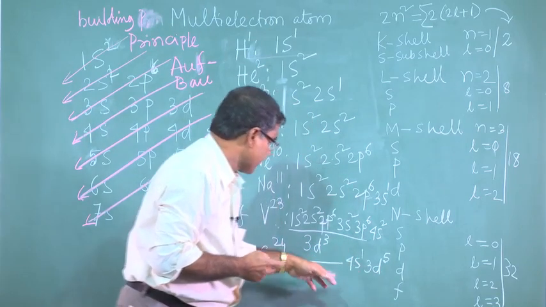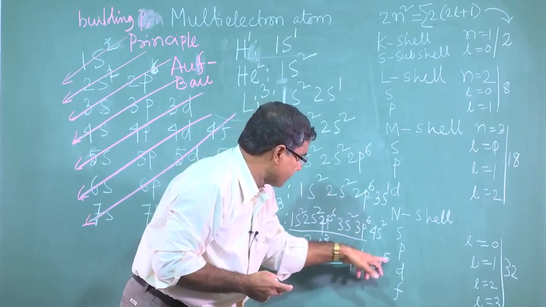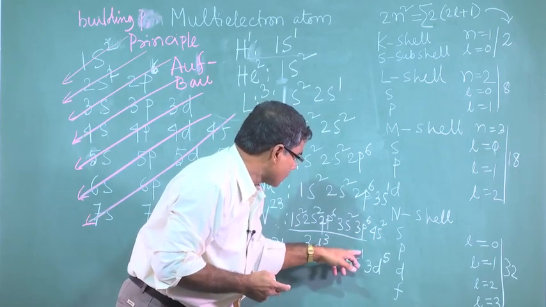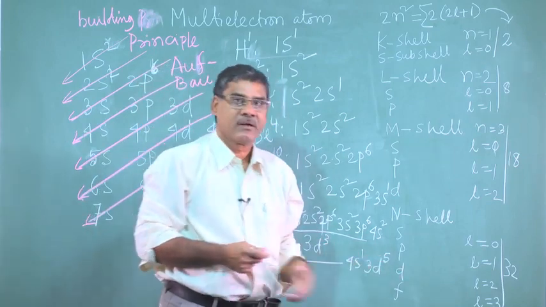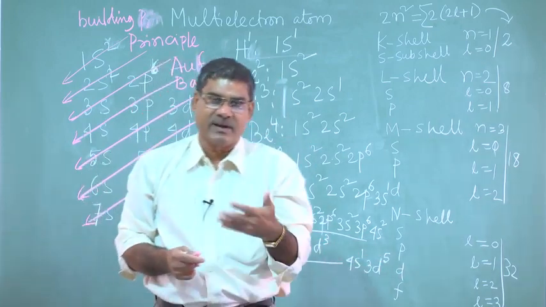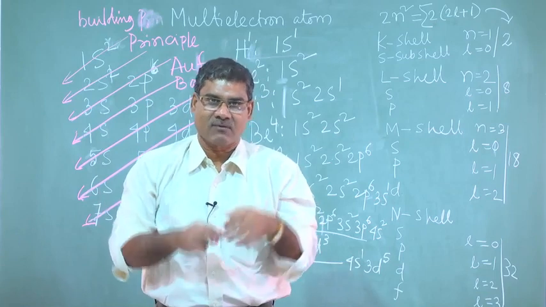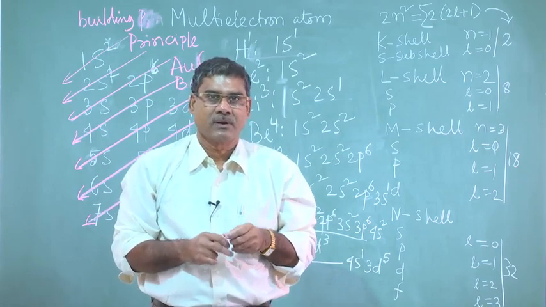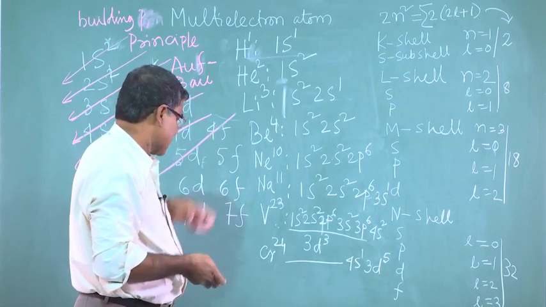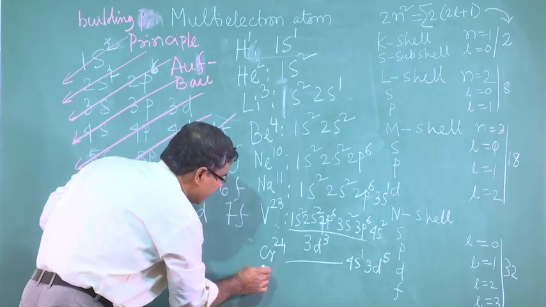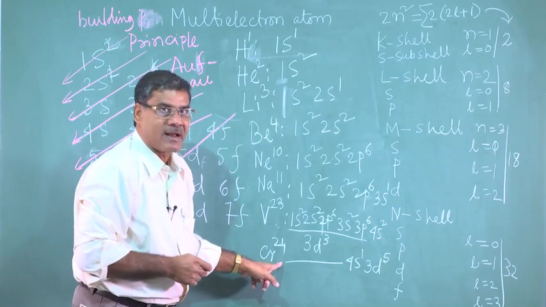So here instead of 4s2 and 3d4, 4s1 and 3d5 is more stable. So wherever half filling of a subshell is possible, one has to consider that. And similarly for chromium, then manganese 25,